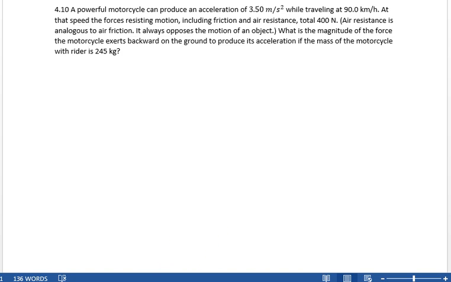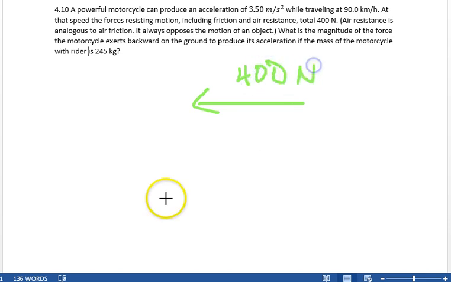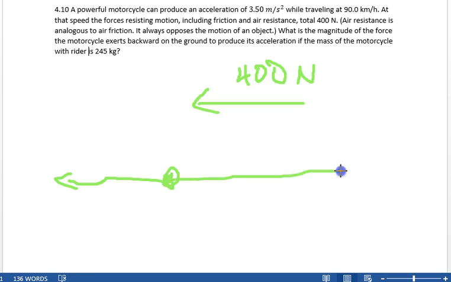Well, think about what this is saying. There is a force backwards on the motorcycle of 400 newtons, right? And then the question is, what force must the motorcycle exert backwards? Well, the motorcycle exerts a force backwards on the ground. That means the ground exerts a force on the motorcycle, right? And so what we want